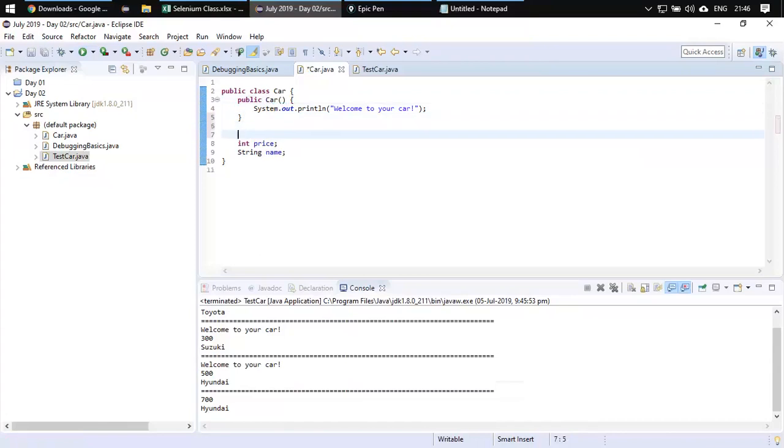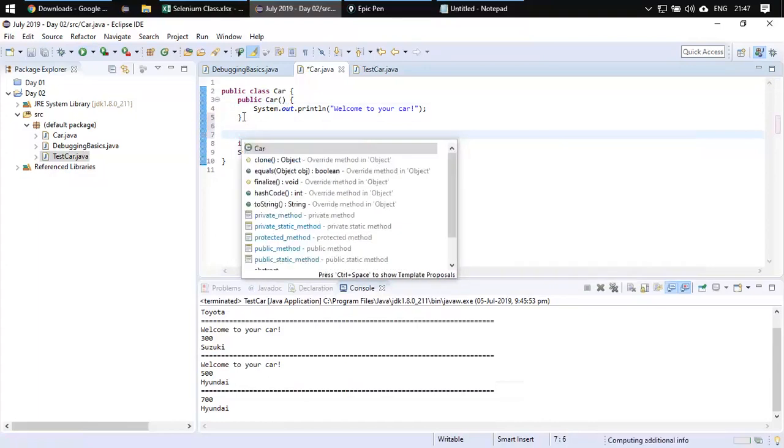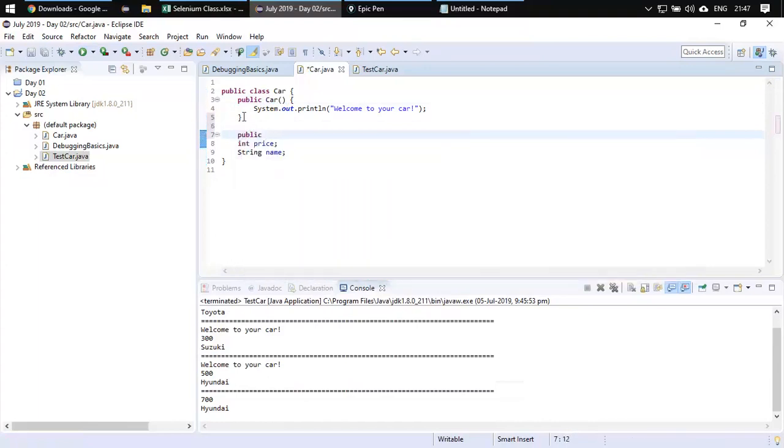So first of all, the question that would come to mind is what are arguments to a function and how would we be able to handle this situation? This is pretty easy. I'll create another constructor, say public, and say public, and I'll name this car again. But this time I would have something, say string, say car name, or you can say the customer name,